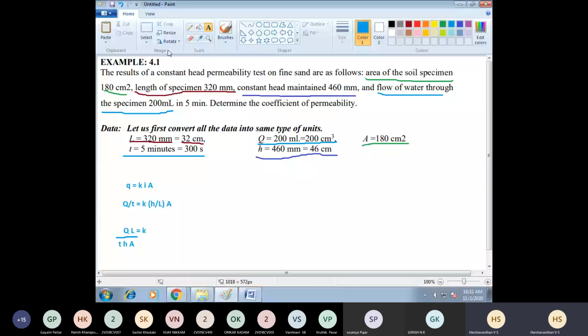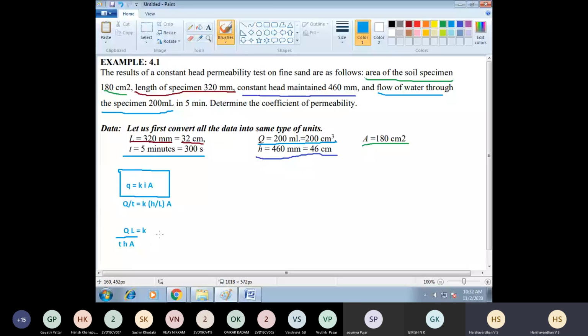Don't forget this. For constant head, the expression is Q is equal to K into I into A. We had done this in one of the previous classes, the second lesson of the third module. We learned about constant head and falling head tests, and for constant head, we derived this expression. Q is equal to K into I into A. Q is discharge, that is Q max or meter cube per second, so volume divided by time. K is coefficient of permeability. I is hydraulic gradient. Hydraulic gradient is given by head divided by length, and capital A is the cross-section area of the soil.